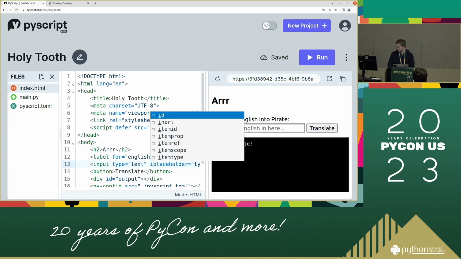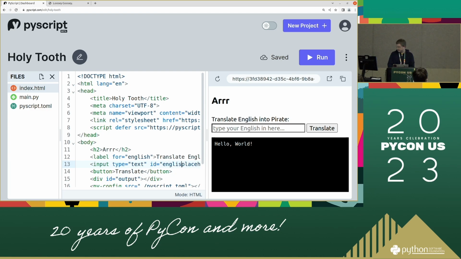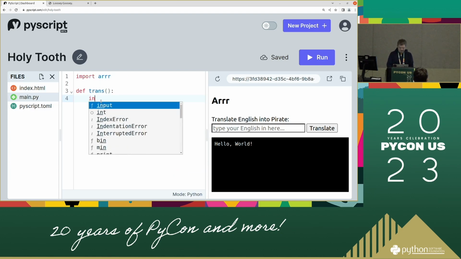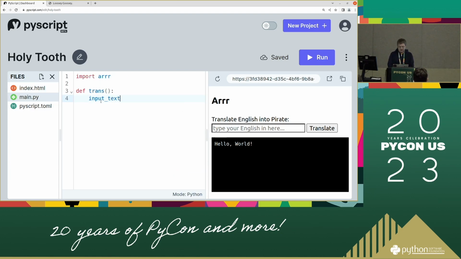So let's give it an ID of English. There we go. So I could use the DOM's ID to grab it from Python. So I've lost my mouse pointer. So the input text is going to be an element with the ID of